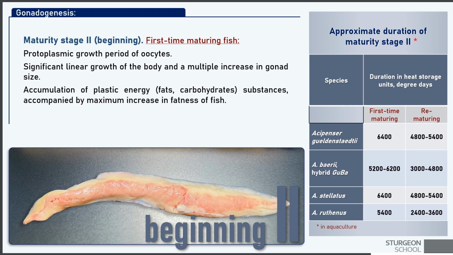Growth of eggs throughout the second stage occurs not due to the accumulation of nutrients in the oocyte, but due to an increase in the mass of cytoplasm, cellular structures, and nucleus of the oocyte. Therefore, this period is called the protoplasmic growth period. Due to the intensive growth of eggs, the size of which increases several times, there is a significant increase in the volume of generative tissue of the gonad, and to ensure this process consumes a significant amount of protein entering the fish organism with food.